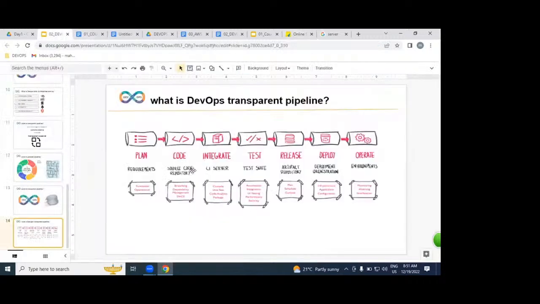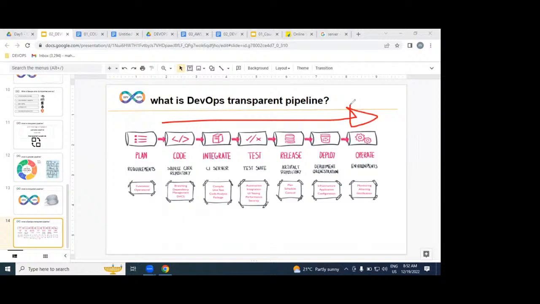What is the DevOps process? DevOps is a process which you implement starting from the dev environment and ending with operation. That means we are part of dev environment, integration, testing, release, development, and operation. We implement DevOps as an automated, transparent pipeline.